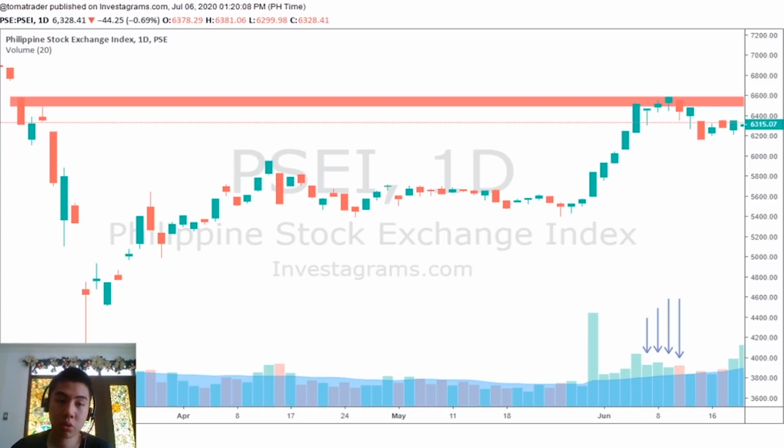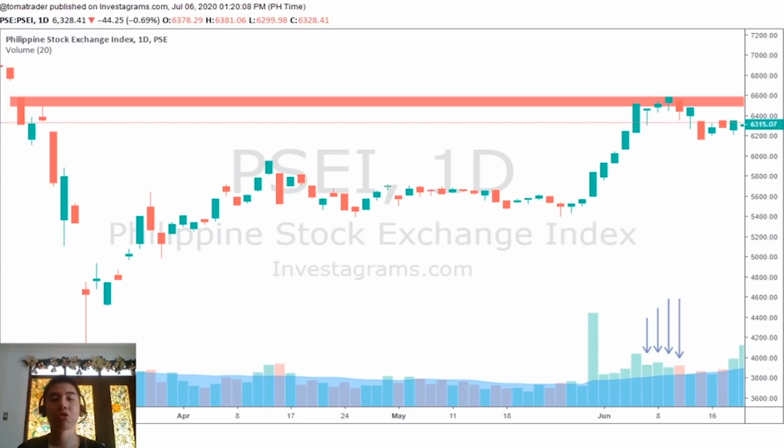So ito, if you guys remember, na-mention ko ito sa mga live session ko and I wrote a post about this on my page. So as you guys can see, nung nag-huge run-up yung PSEI, yung na-highlight na resistance level was 6.6, diba? Yun yung gap area, 6.6 to 6.7 to 6.8. And for me, the reason why I was able to sell majority of my positions dyan sa tuktok ng index sa 6.6 level was because